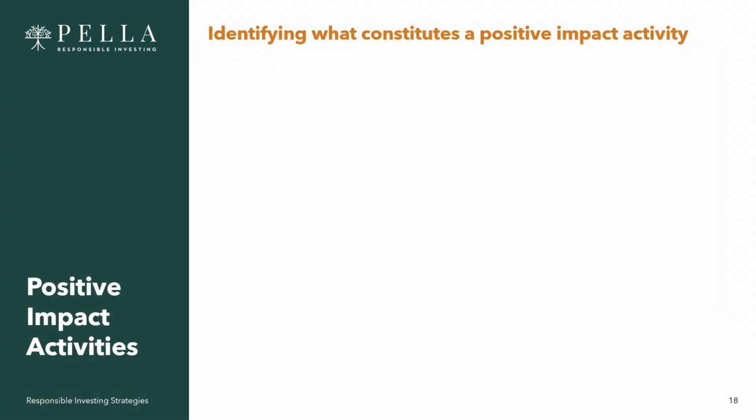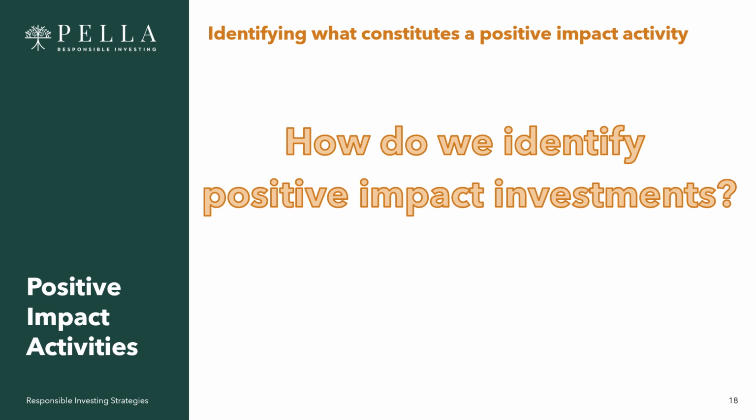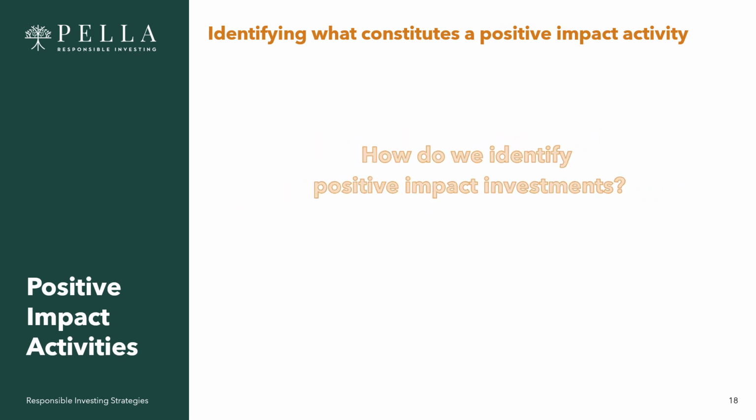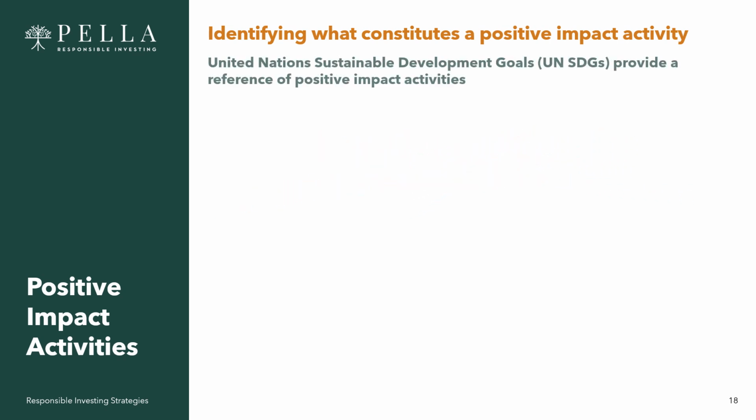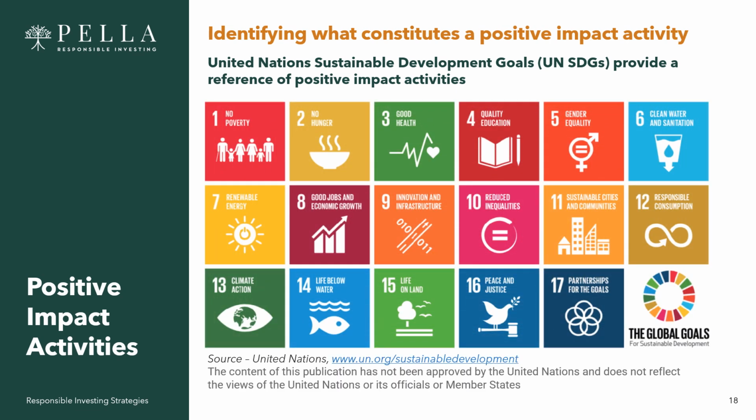Both impact investing and sustainability-themed investing focus on activities that generate positive outcomes for the world. This introduces a crucial question. How do we identify investment opportunities that have a positive impact? A systematic and widely recognized method involves aligning investments with the United Nations Sustainable Development Goals, often abbreviated as UN SDGs. These 17 goals are designed as a comprehensive blueprint to achieve a better and more sustainable future for all